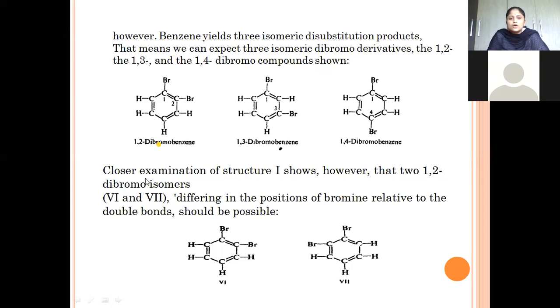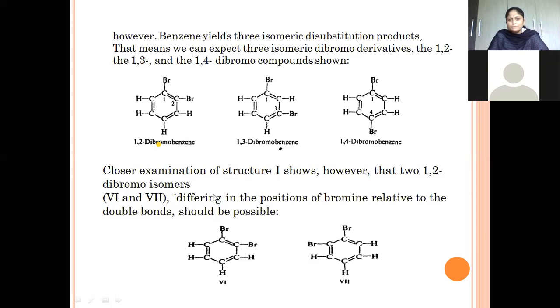1,4-dibromobenzene. Closer examination of structure 1 shows, however, that there are 2 1,2-dibromo isomers. If benzene is going to substitute from the right hand side, or in the clockwise direction, it is going to give the dibromo derivative in this manner. Or if bromine is substituted, see this will be the structure, the same structures, this and this. So if the bromine is substituted in a clockwise manner, it is going to give this type of structure. And if it is substituted in an anti-clockwise manner, the name of the structure is the same, 1,2-dibromobenzene, but the substituted carbon atom